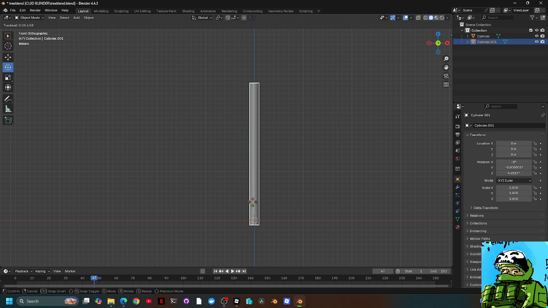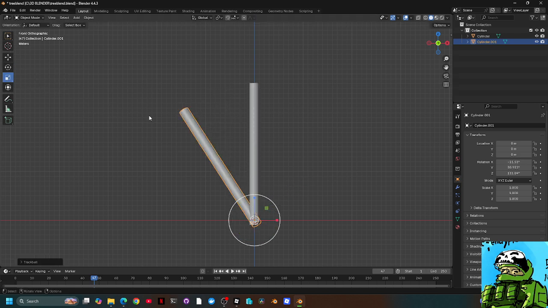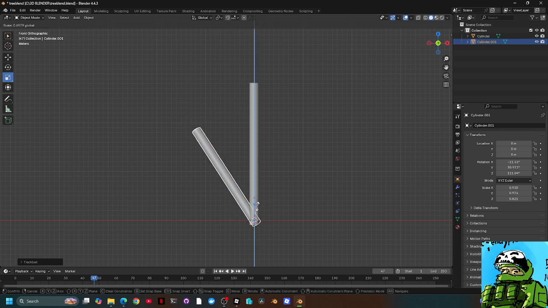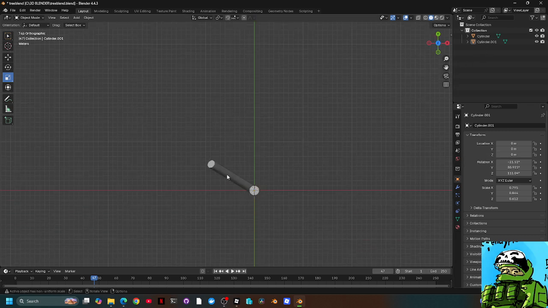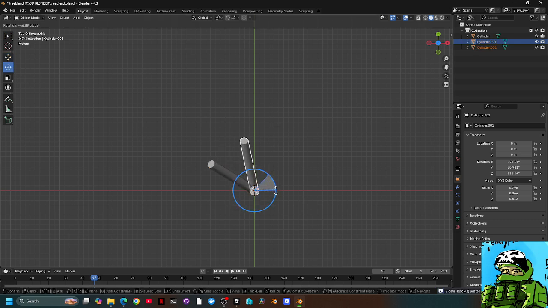rotate this like that and then scale it down like that, scale or scale up, and then top view, copy, paste, rotate this like that,